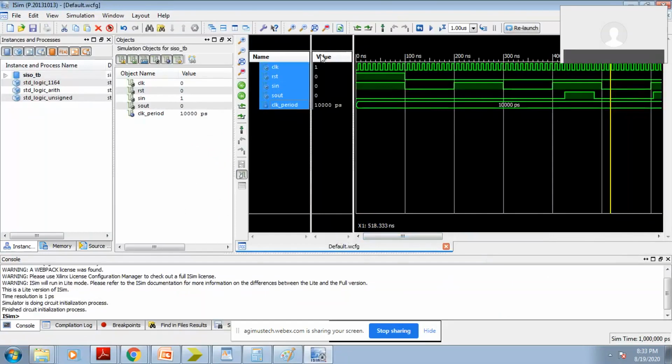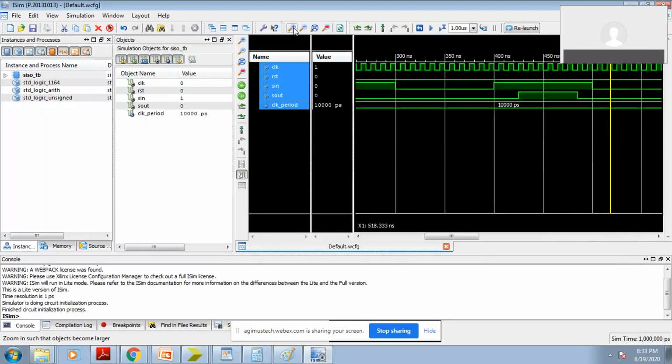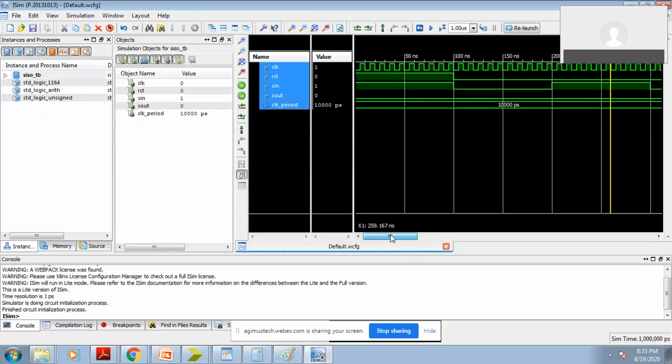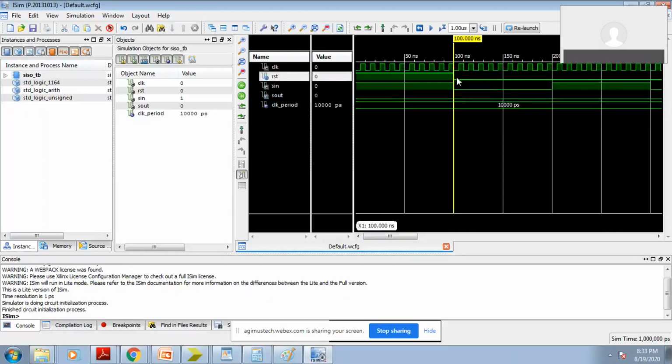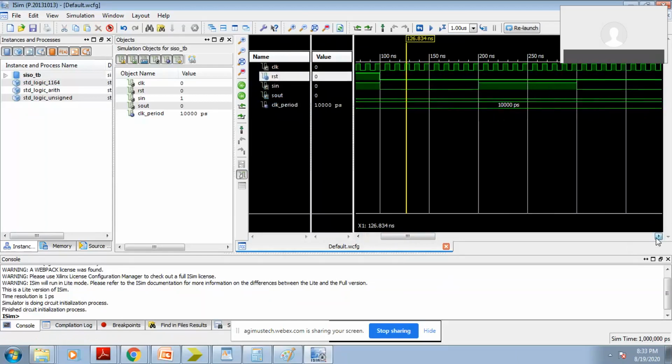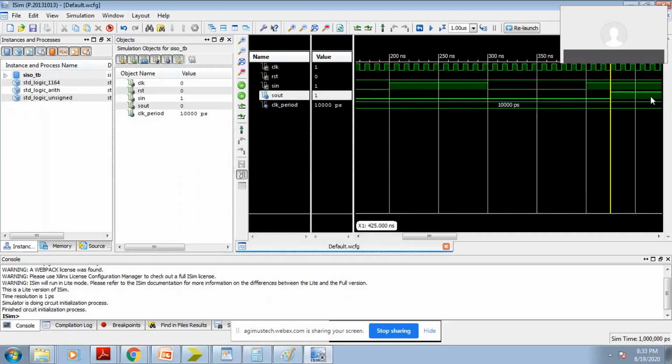Okay. Now I am generating this S in. So reset is there here now, and the output is generated after this.